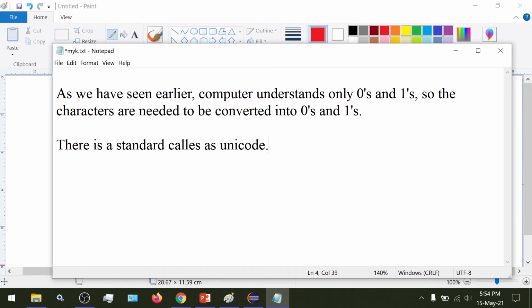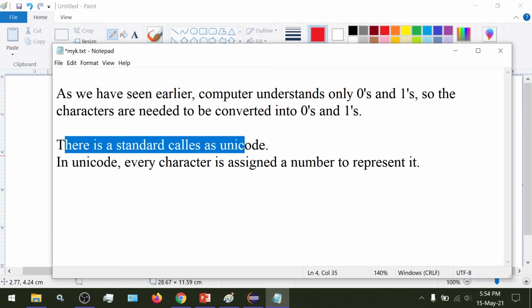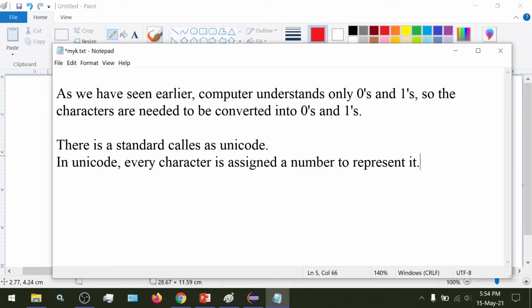So what is Unicode? In Unicode, every character is assigned a number to represent it.